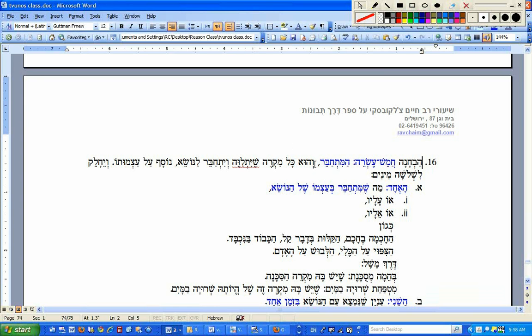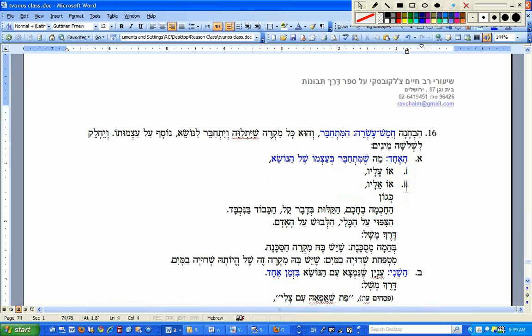So the meschaber are mikrim sheyislava v'yischaber l'nose. They're mikrim, accidents that accompany and are attached to the nose. Nosaf al atzmuso. The things that are added to its essence, like the man is the essence, and if he's working or singing or dancing or learning, those are things that he may be doing. Those are not his essence. Those are mikrim that he may be involved in. Now, the meschaber, he divides yischalak l'shlosha mimim into three parts.